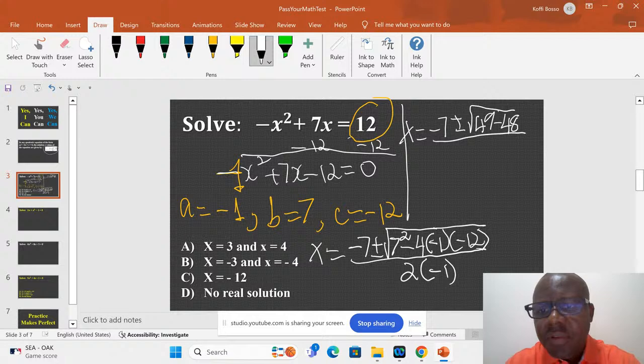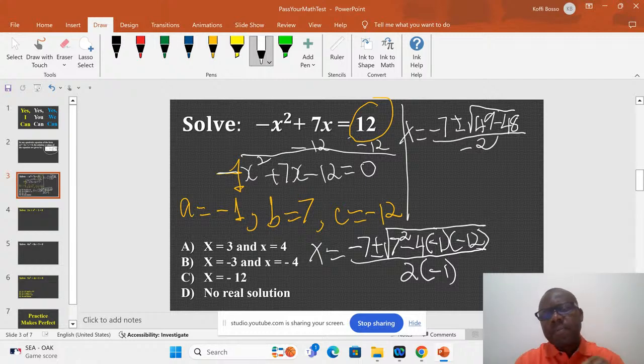Everything divided by -2. So far so good, right? But to understand that, inside the radical, we have to make sure that if we work it out, we don't get a negative value. There is one question like that, we'll see later. But now we have a -7